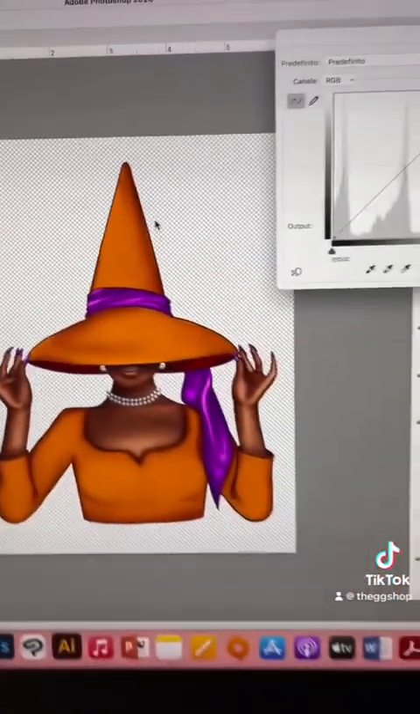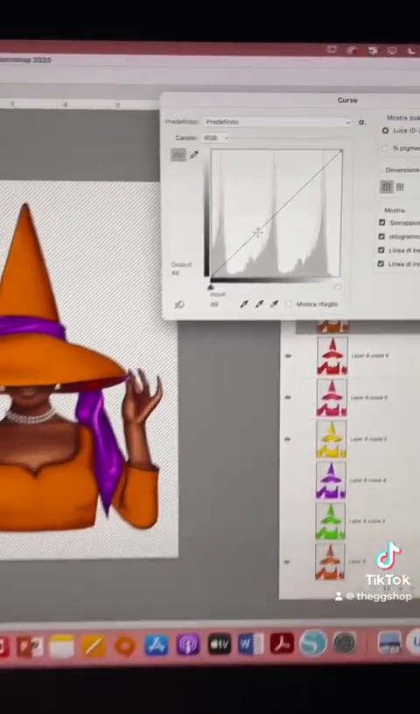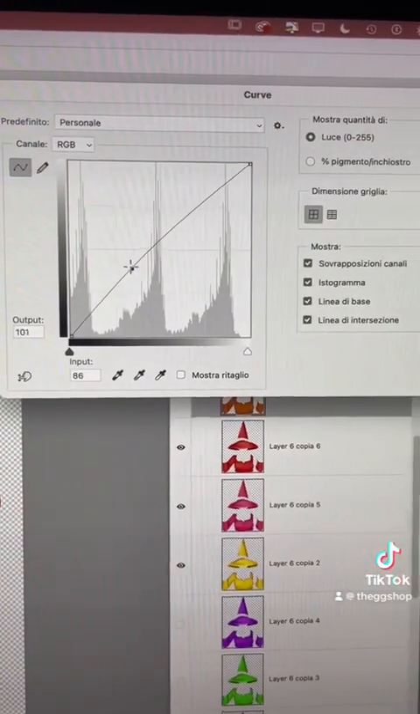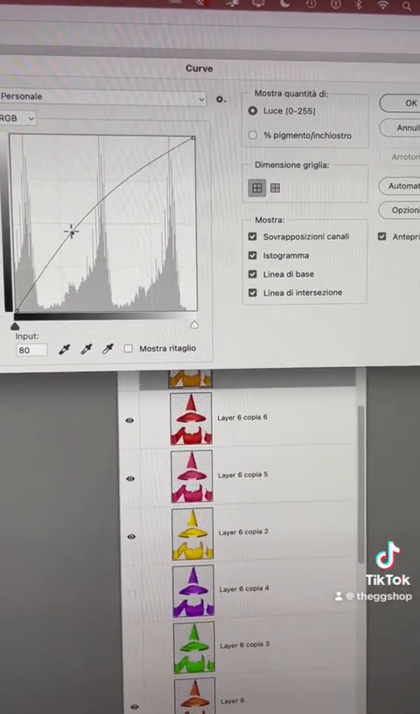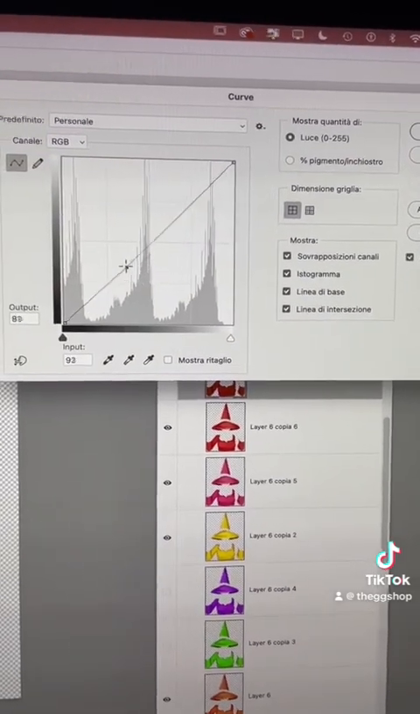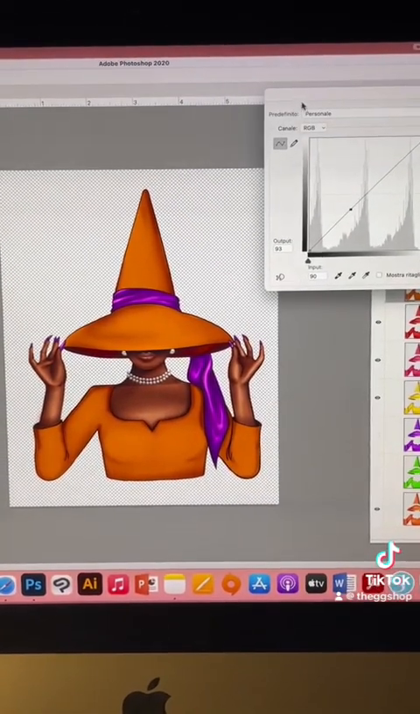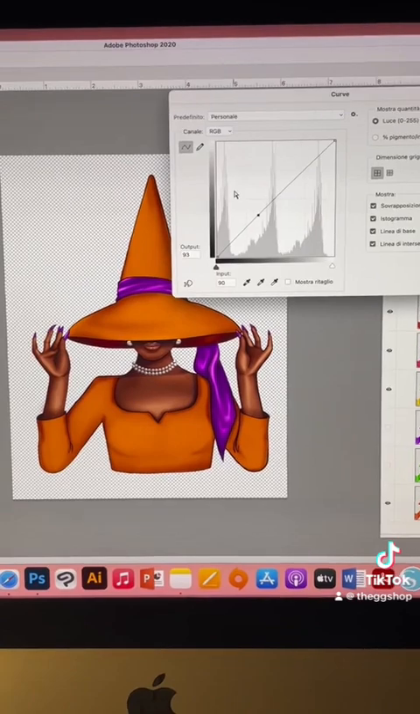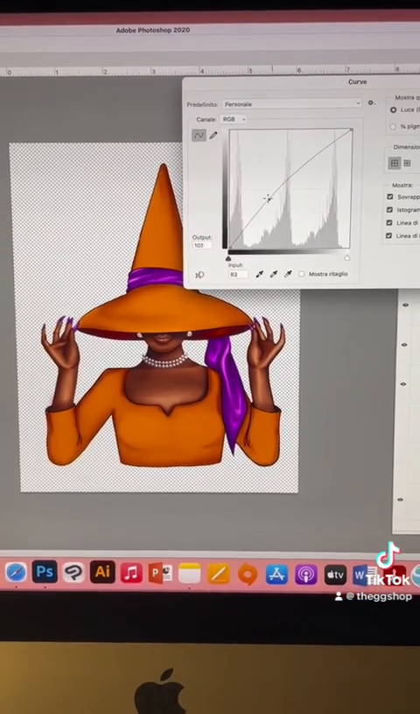What you have to do is understand that you see the spikes on the curves. So you have two colors. The dark gray is where you are going to add shadows. And the light gray is where you are going to lighten up the layer. So if I want to keep the shadows, because I like the shadows,